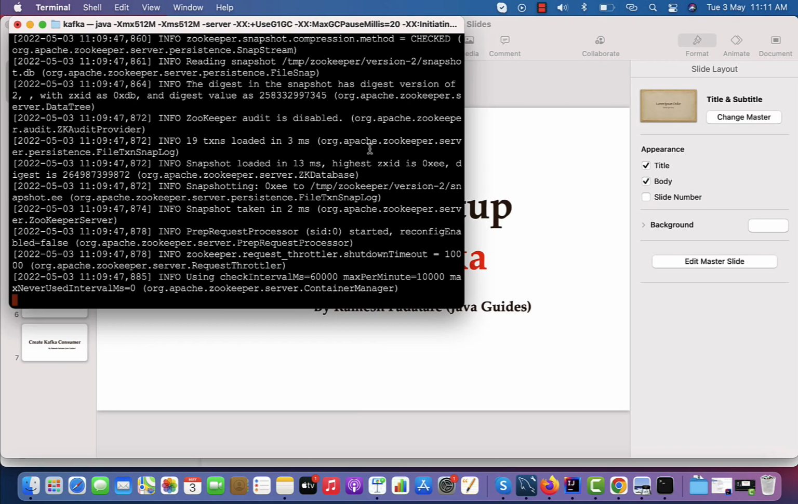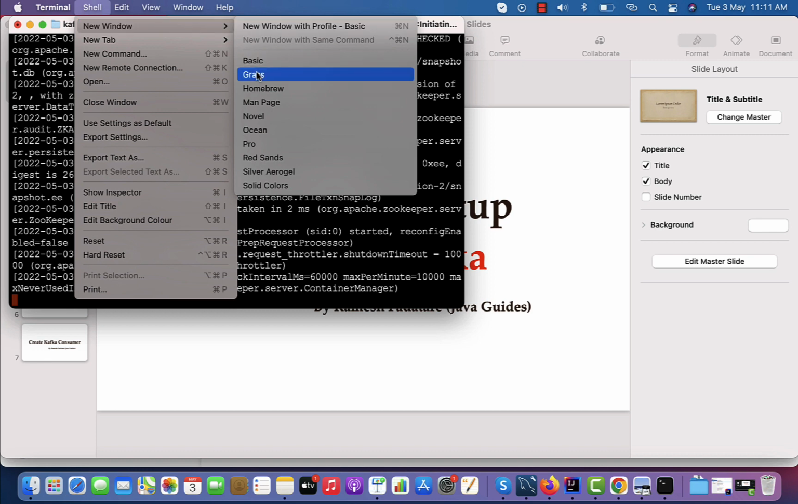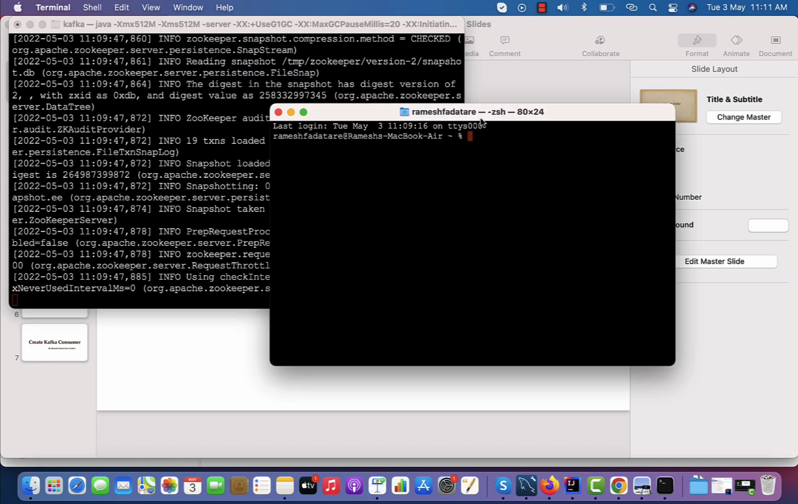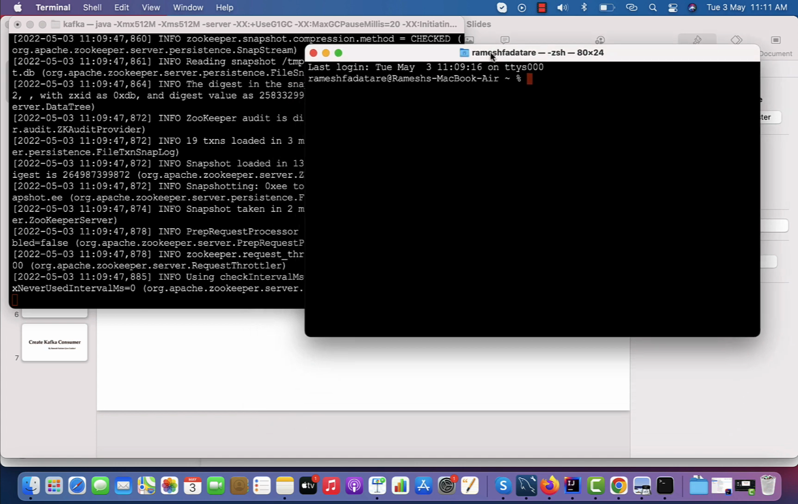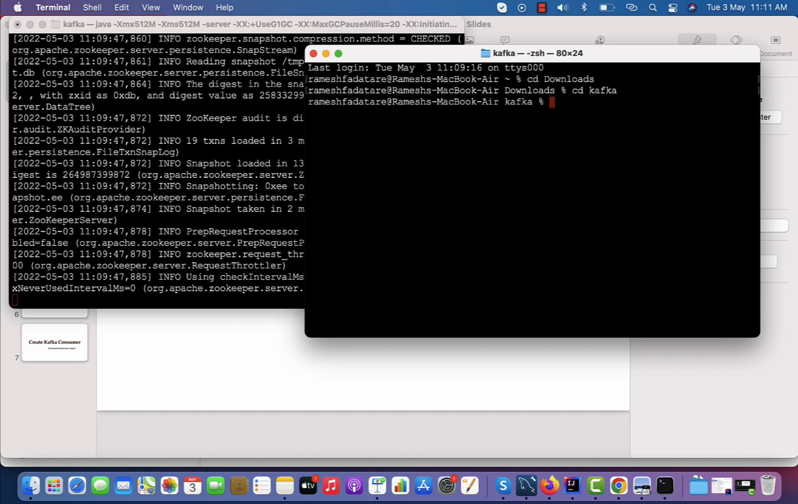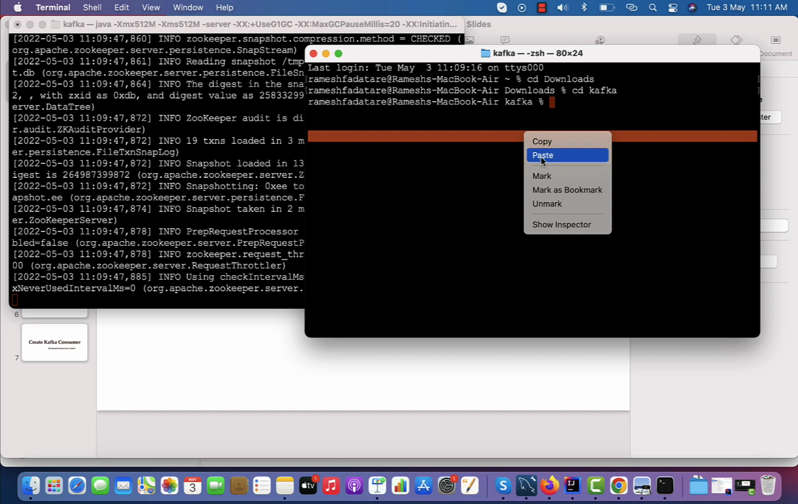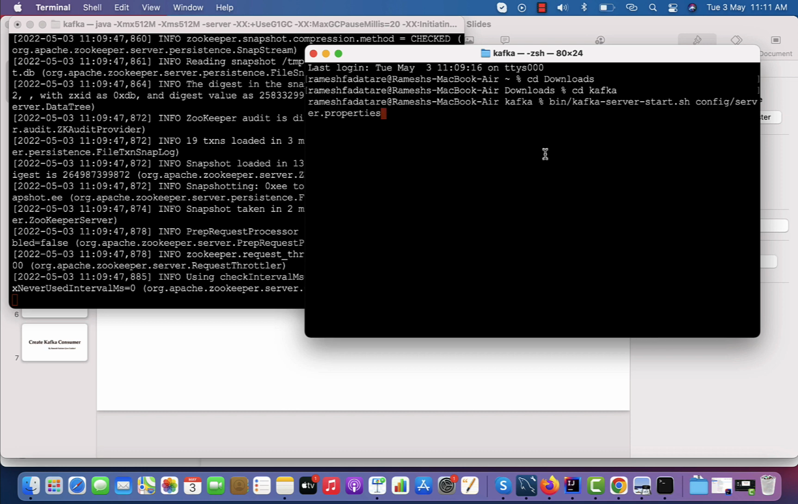If you are using Windows, then make sure that you use command prompt. Let me open a new terminal and zoom it a little bit. If you are using Windows, you can go ahead and open a new command prompt. Let me go into the downloads folder: cd downloads, cd Kafka. Within the downloads folder we have the Kafka folder, right? So go to the Kafka folder and then run this command, that is